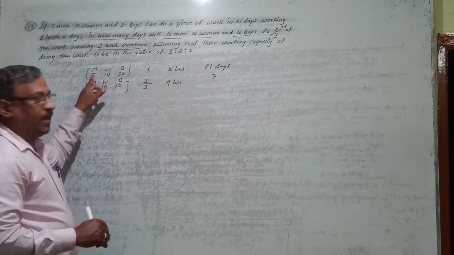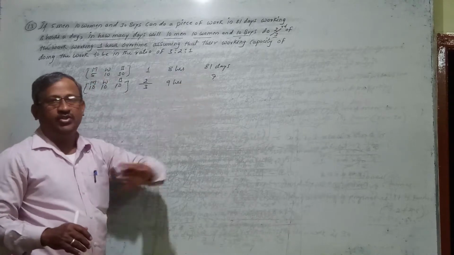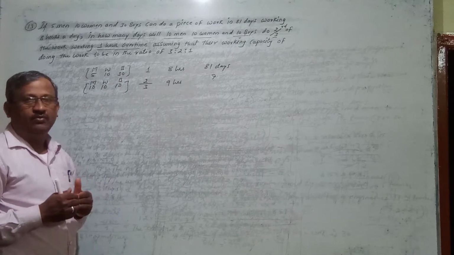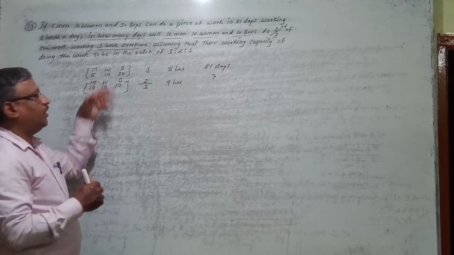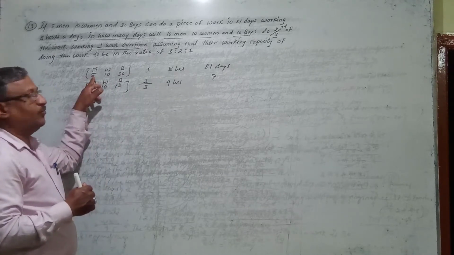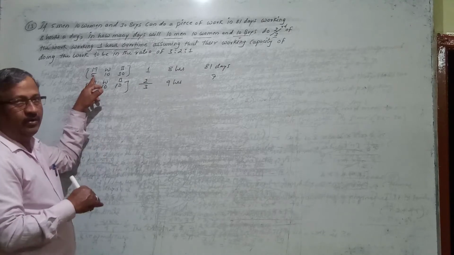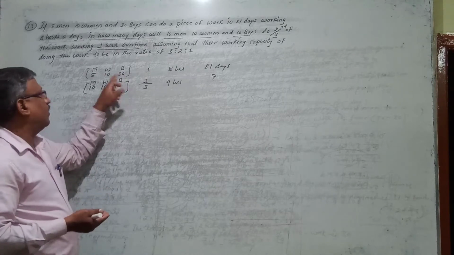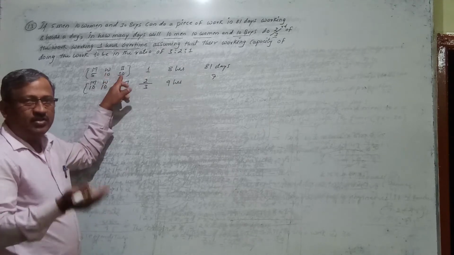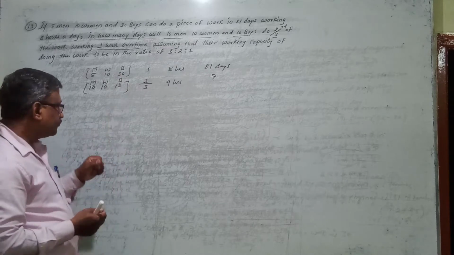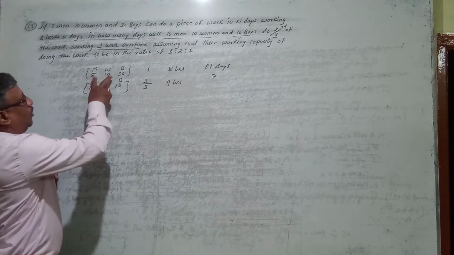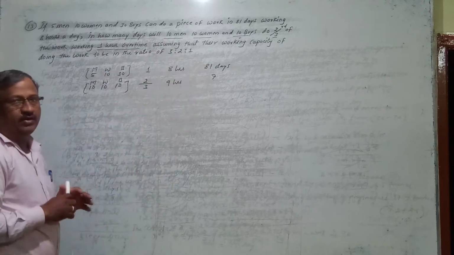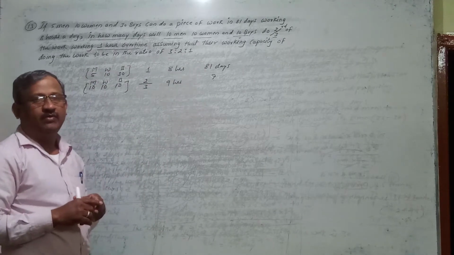So we cannot directly compare this group with the number of days, because the capacity of doing the work of each is different here. Capacity of doing the work of a man, if you compare with women and boys, is definitely more. If you compare women with boys, women's capacity is more than boys' capacity. This is the reason why we cannot compare directly with the number of days here. We cannot judge correctly whether more days or fewer days are required.